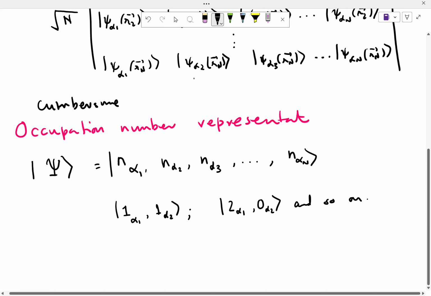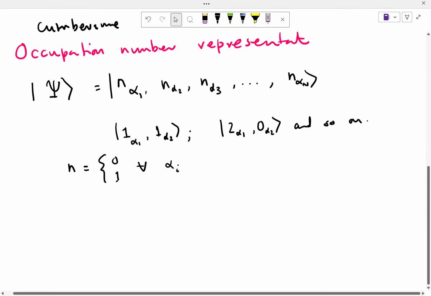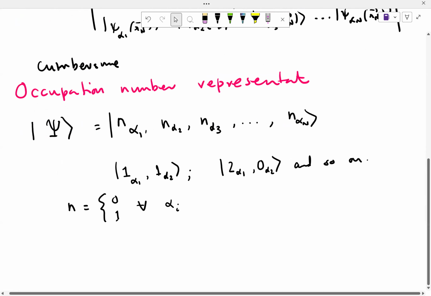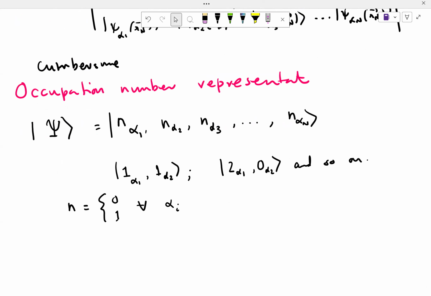For fermions, of course, n could either be 0 or 1 for any alpha. So therefore, it becomes really simple for fermions. That is, the n particle wave function, the quantum state, is just a string of zeros and ones. And if we talk about electrons that